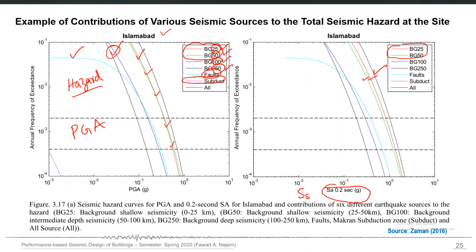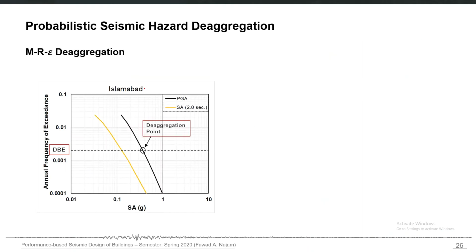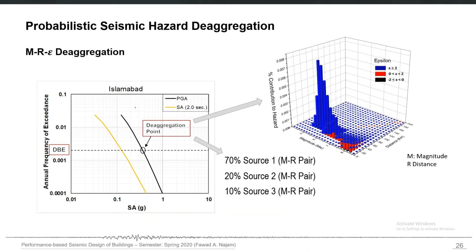So this information can be obtained if we can have the separate hazard curves for each of the sources. But there is another representation in which we can actually decompose the seismic hazard, or we can perform the seismic hazard deaggregation analysis to come up with that representation of the decomposition of hazard. And that is to have a three-dimensional graph between magnitude, the distance and the epsilon value. This factor basically represents the uncertainty in the use of ground motion prediction equations.